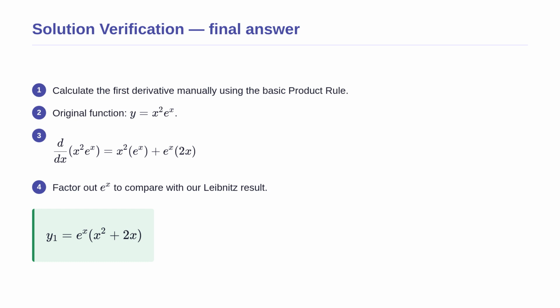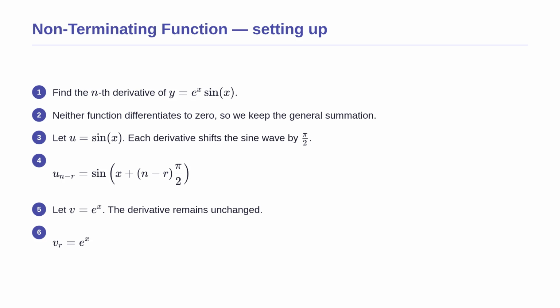Factoring out the exponential term gives us the exact same expression we just found. They match perfectly in every single term, proving our shortcut is reliable, accurate, and ready to use for much higher derivatives without any hesitation. Now let us tackle a harder problem, when neither function ever differentiates to 0, like e